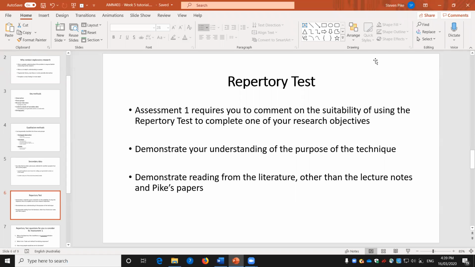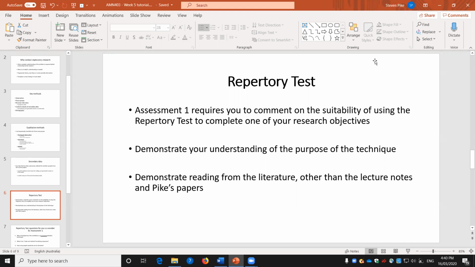So in assessment 1, we're requiring you to comment on the suitability of using the repertory test to complete one of your research objectives. Your second research objective can then relate to any other qualitative technique that you feel is relevant for the problem at hand. This assignment doesn't have a lot of space for you to go into a lot of detail. Essentially, we're asking you to demonstrate your understanding of the purpose of the technique so that we can see that